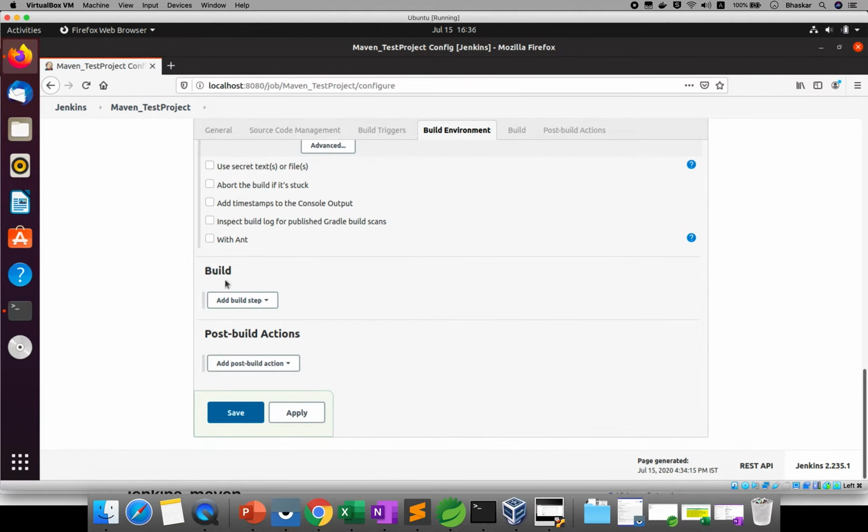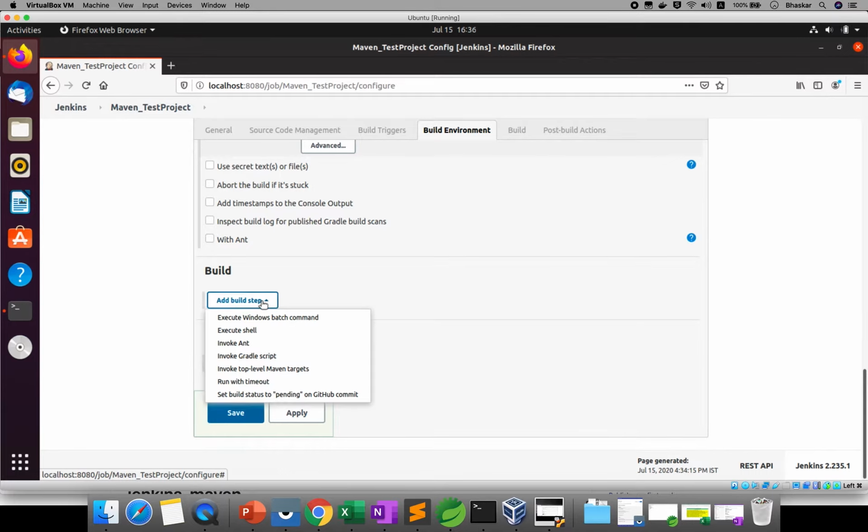Then if you go down to Build, there is a build step. While you clone your project, you need to tell what goals you need to perform. Click here, there are options like Invoke top-level Maven targets, Gradle script, Execute shell, Batch command, lots of things. I want to do the Maven target.